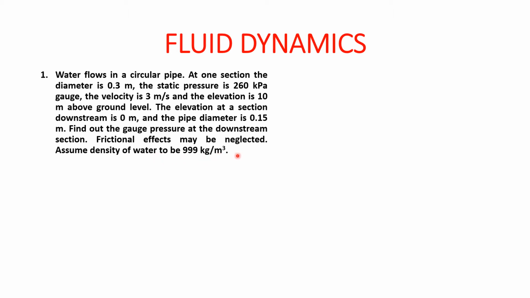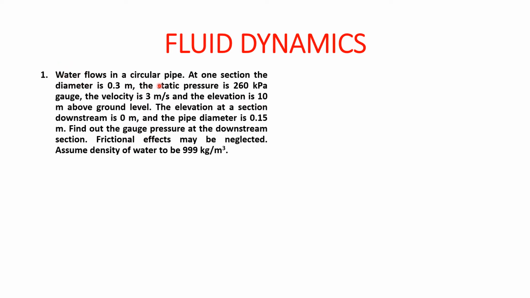Okay, so guys, as we have seen in earlier lectures, due to the size of the problem there are chances that students may not solve these types of problems. But if you break this problem down into a number of sentences and understand its meaning, then it is very easy to understand and find the solution. So see, the water is flowing in a circular pipe, which means the fluid here is water and the pipe is of circular nature.